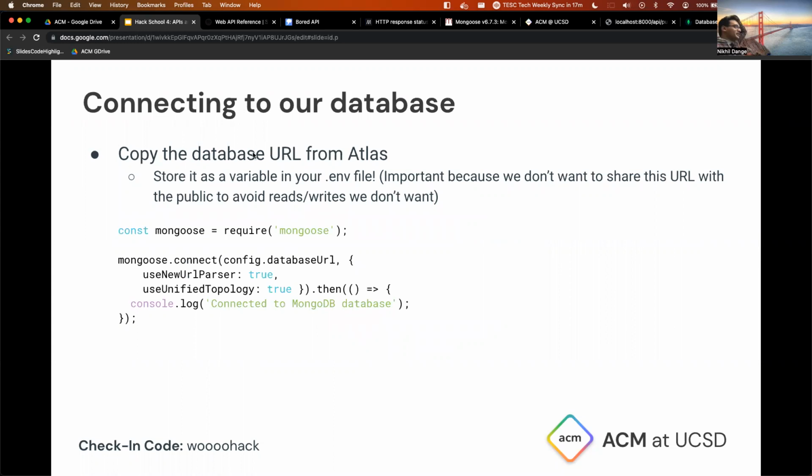Yeah, so copy the database URL from Atlas. That's what it's called, MongoDB Atlas. That's their cloud database. Store it as a variable in your .env file. This is important. Again, if you guys are confused about the purpose of the .env file, we don't want to share this URL with the public, because if I post this to GitHub and then